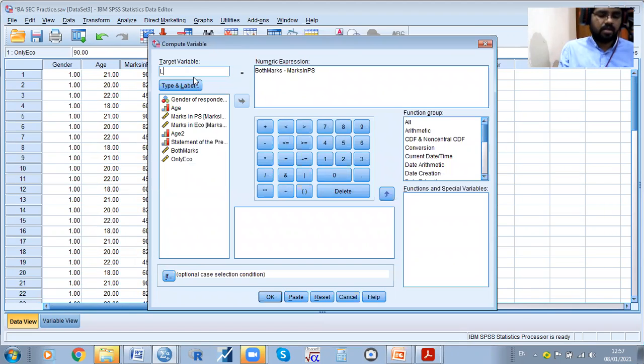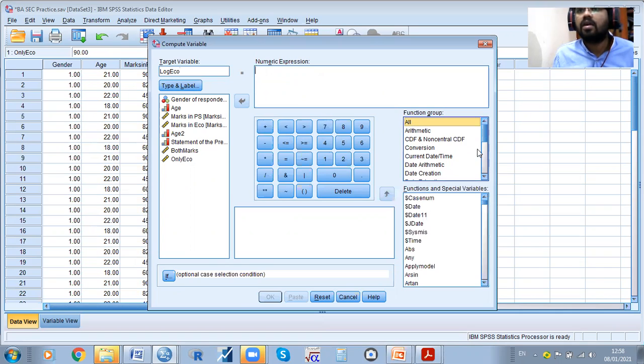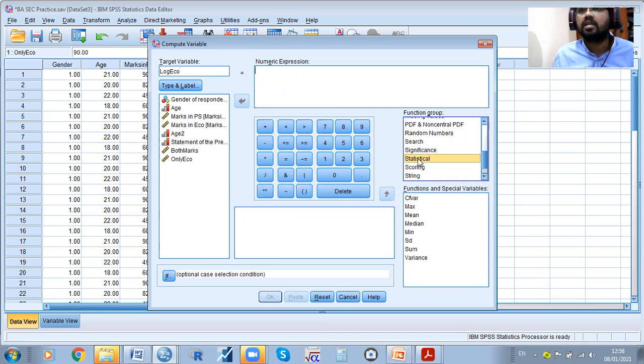It is a log. Log economics, log echo. So simple. This is the existing one already, we need to remove it. Then click OK. Then here I need to go to All, or you can put it here. There is one option there, Statistical. In the Statistical group, they will mention that maximum, minimum also will be there, and